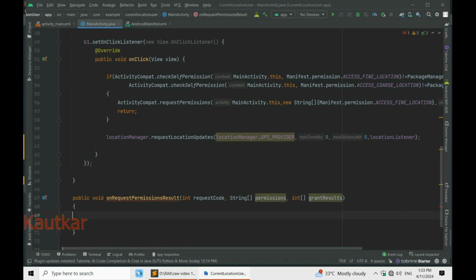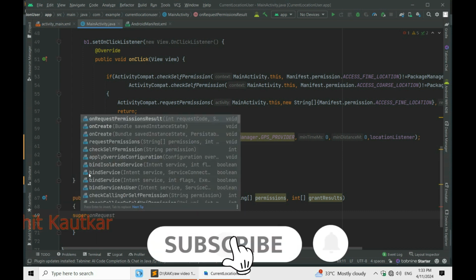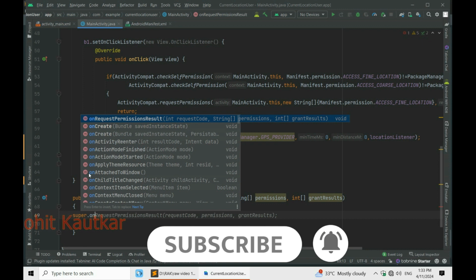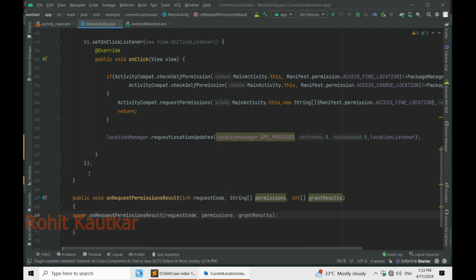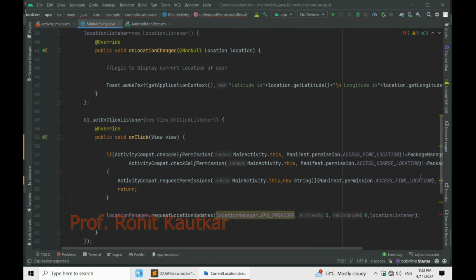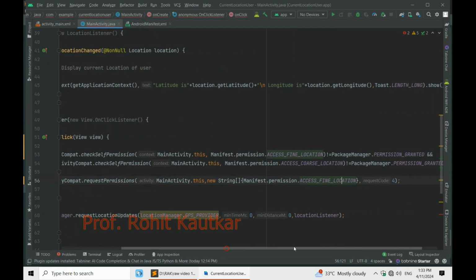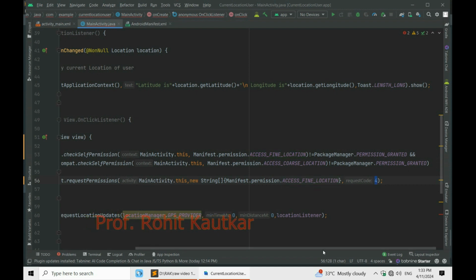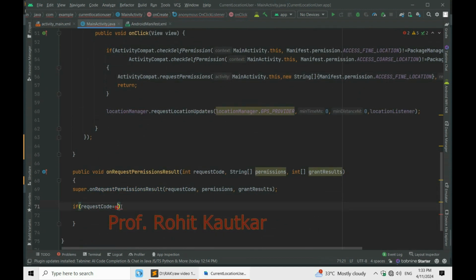So we will add a super call to this method, super.onRequestPermissionsResult, so that the red line error is gone. And now next to this, first of all we will check our request code. So if the request code is equal to what request code we had specified, so here 4 is our request code. So I will write here, if requestCode is 4,